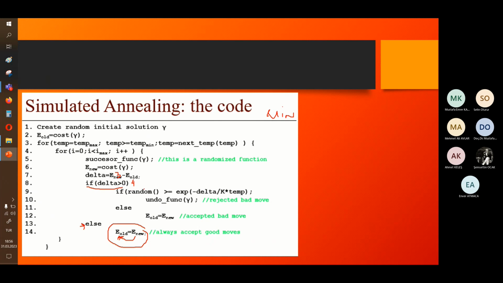So we calculate P acceptance, the acceptance threshold, and throw a random number. If it is, let's correct this one, less than or equal to that random number, we will be